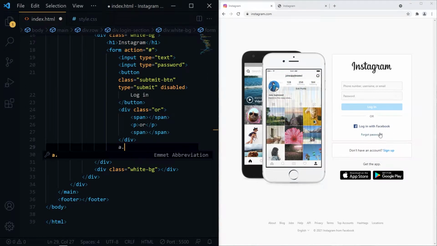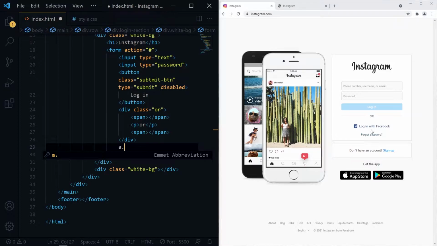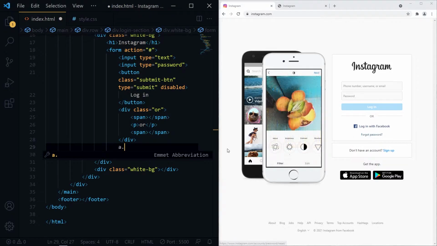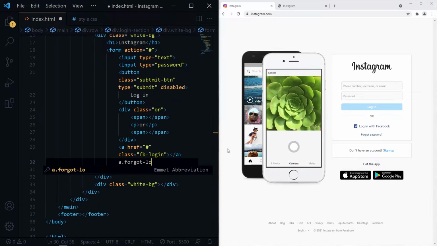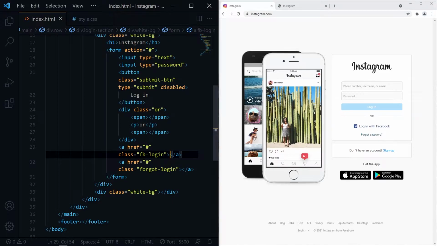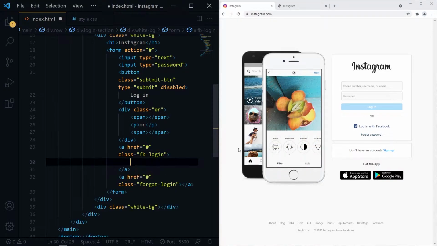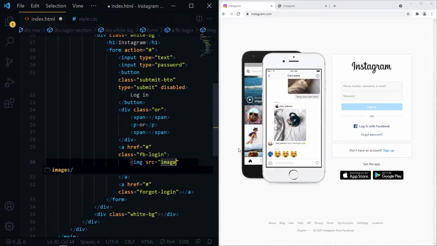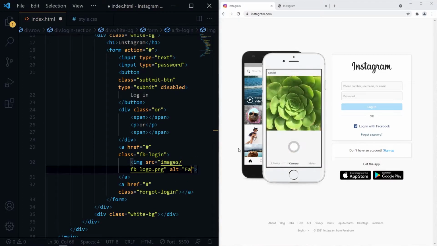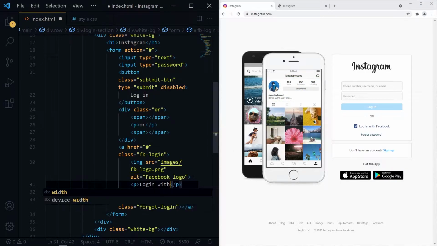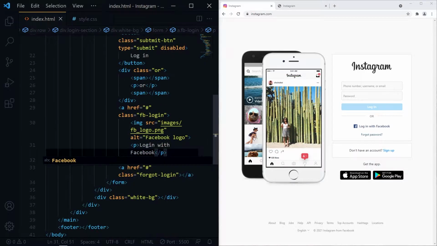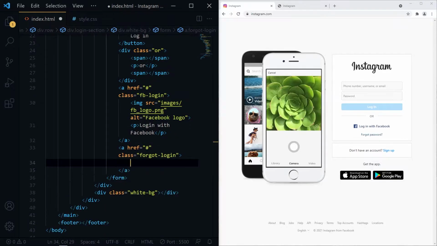For the first one, I will give class name FB login, and second one forgot login. In the FB login anchor tag, we have Facebook logo and text. And for forgot login, we have only a text.